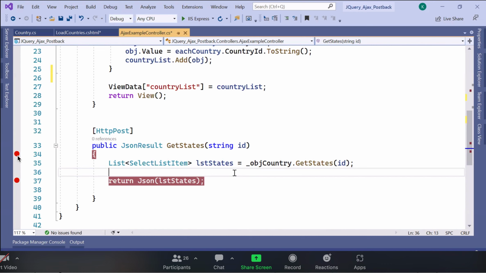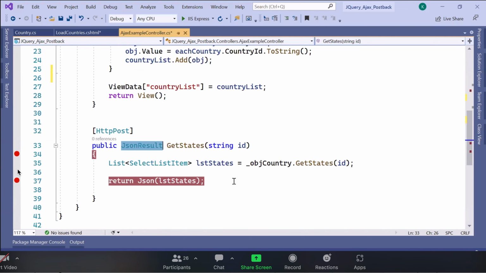Why so? Because if I send an IActionResult or ActionResult, then it will be server-side re-rendering. If I say JSON result, it can be consumed by an Ajax function and it will not re-render the whole page. Whichever particular element it is targeting, it will re-render only that part. So there is a new type of return type in the MVC action method we saw now, that is called